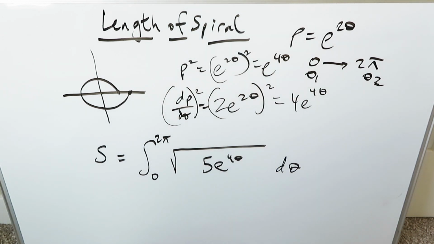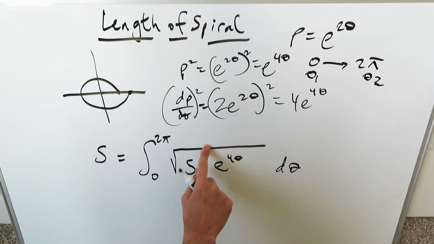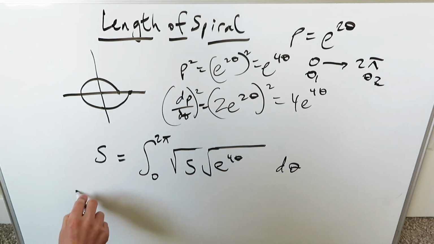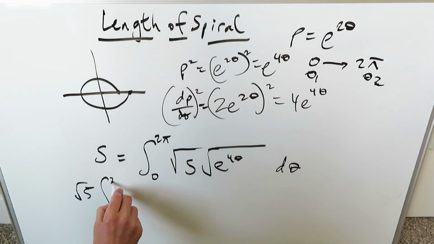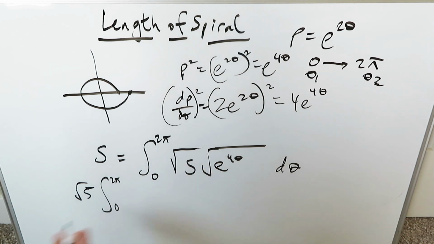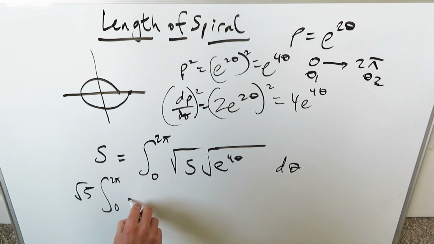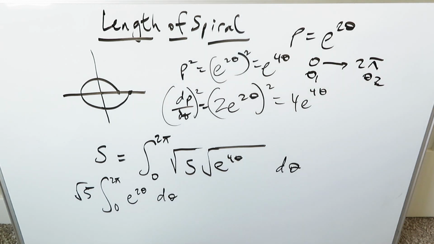Now, if I use laws of radicals, I can separate these into their individual radicals, and there's nothing wrong with me doing that. I have a 5 over here. Then I'll break this away and I'll bring this into its own radical. I can push this root 5 out, it's a constant. I have here a root 5. Then I'm looking at a lower limit, upper limit, then I have this e exponent 4 theta in a root. You can easily determine that. You're going to do the square root of this exponent. You'll have e exponent 2 theta d theta, and this right here becomes our integral, which we have to solve,